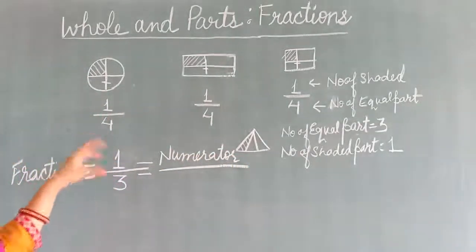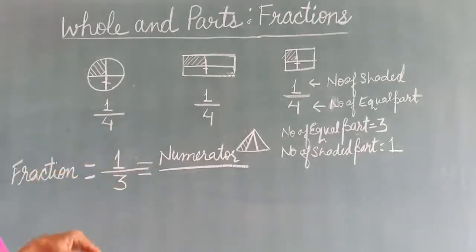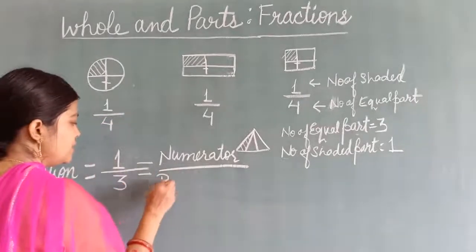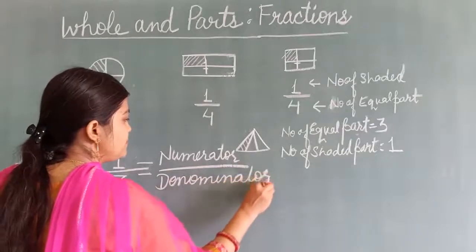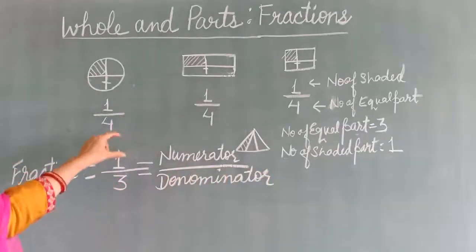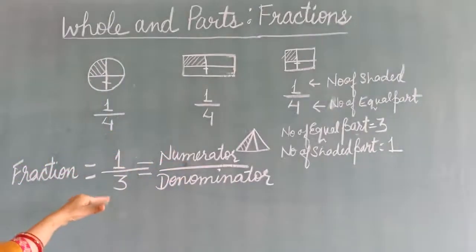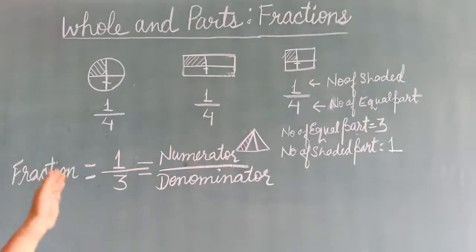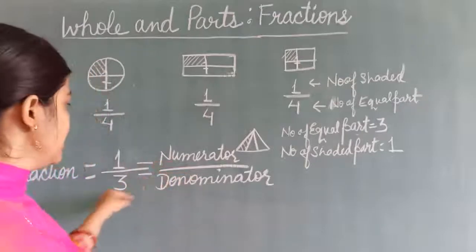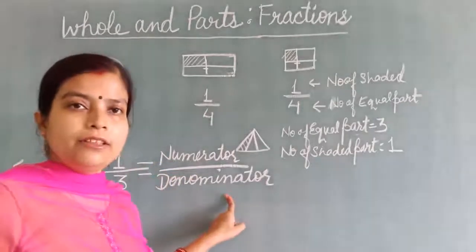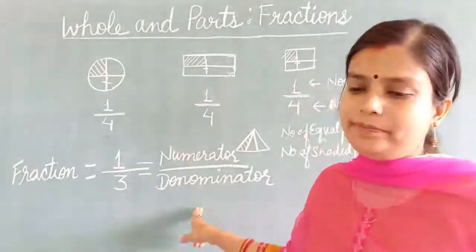And the down part, bottom part, okay, D for down, D for denominator. Understood? So, the bottom part is known as denominator. The top part is known as numerator, and the bottom part, or we can say down part also, it will be easy for you to remember. D for down, D for denominator. So the down part is known as denominator. So in the fraction we are having 2 parts, numerator and denominator.